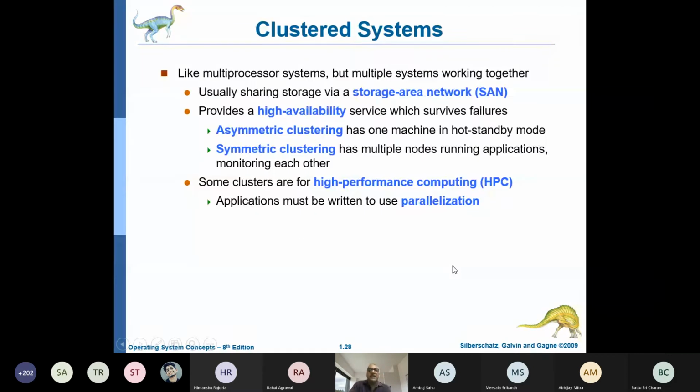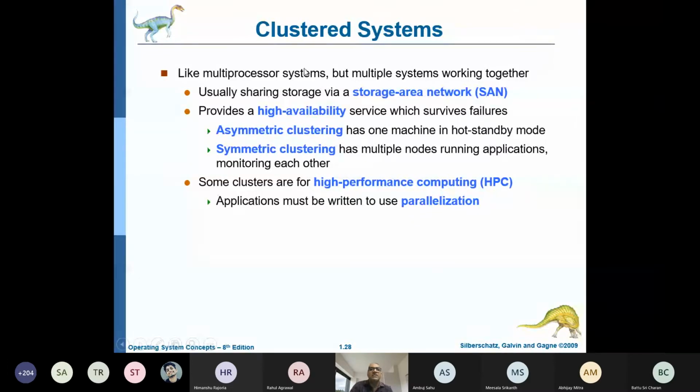Then coming to the next thing, having multiple systems. Here this is a clustered system, like the multiprocessor systems, where multiple systems can be put together. All of us are right now connecting through the internet to various systems in the same way. The difference between the earlier one and this one is that earlier we had multiple processors within a single system, whereas here we have multiple systems themselves, connected through a network, with network connectivity following the network operating system and protocols.